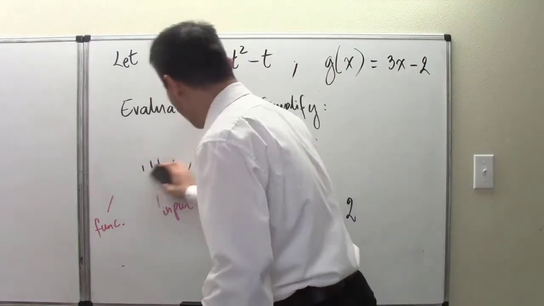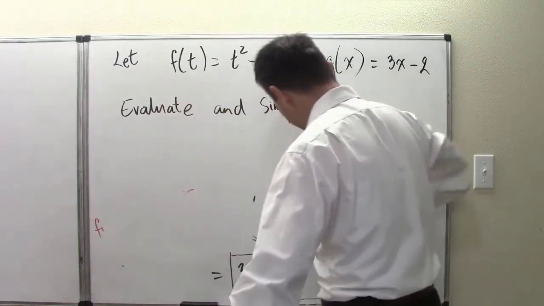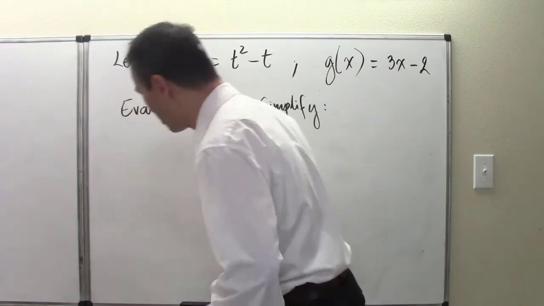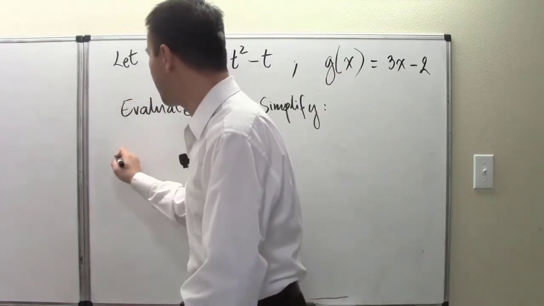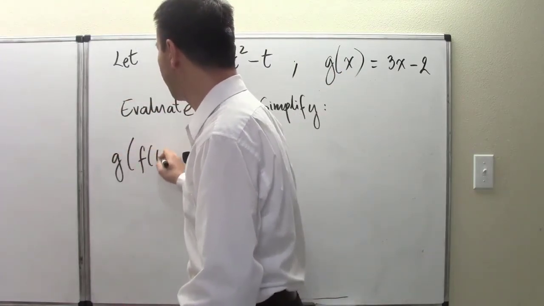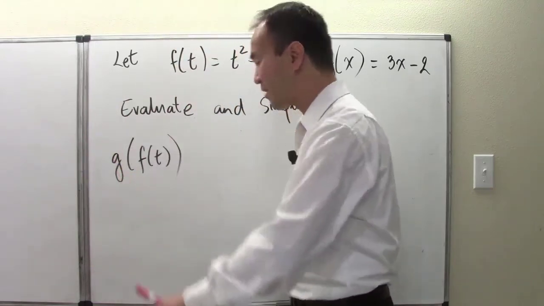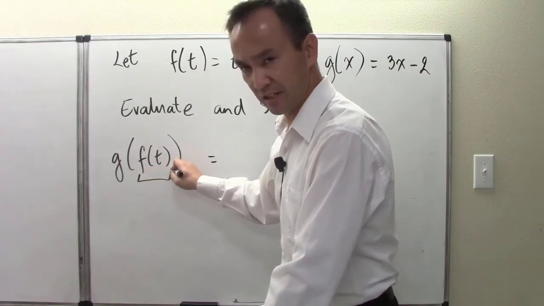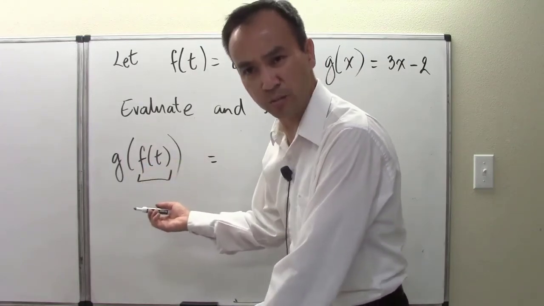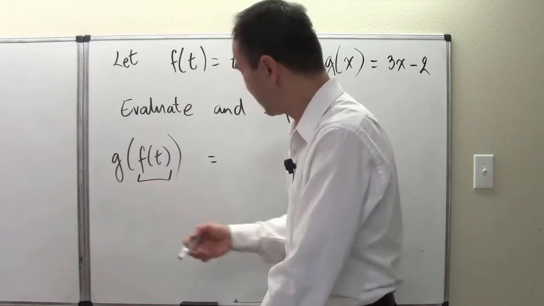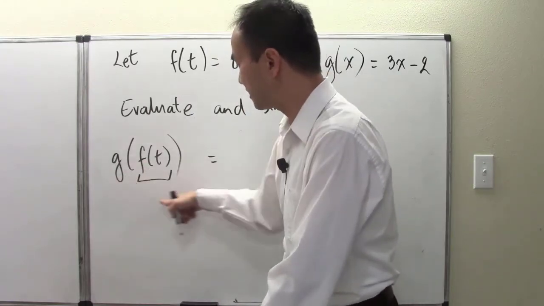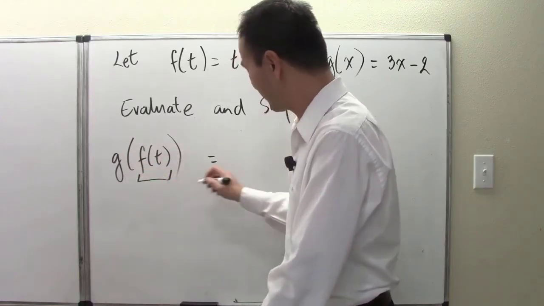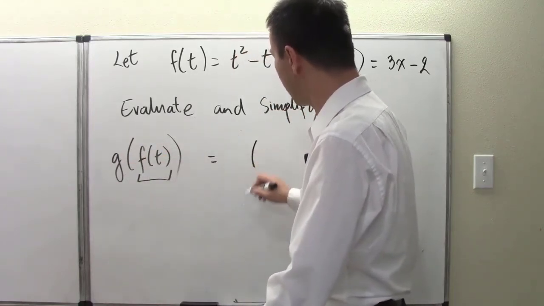From this point on, and now I'm erasing this, but allow me to still beat around the bush with this quick little g of f right here. So g of f, just like how I have done in the earlier problem, I could have also written this as, once I recognize this to be just some expression to be the input, then the rule of this, immediately you can think of that. I'm talking about an alternative way of thinking. The rule of g says for whatever input that is,